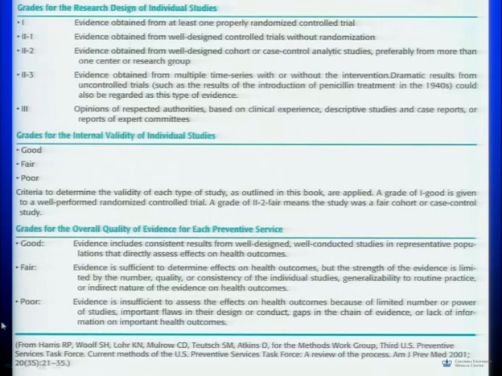Then we look at the validity of the study, and we're thinking about, well, how good was the study in terms of having any bias or any problems? And that could be good, fair, or poor. And then you look at the overall quality of the evidence, and that's looking at all of the studies that are graded this way, do we think that they represent that there is an association between an outcome and the exposure or whatever we're looking at?